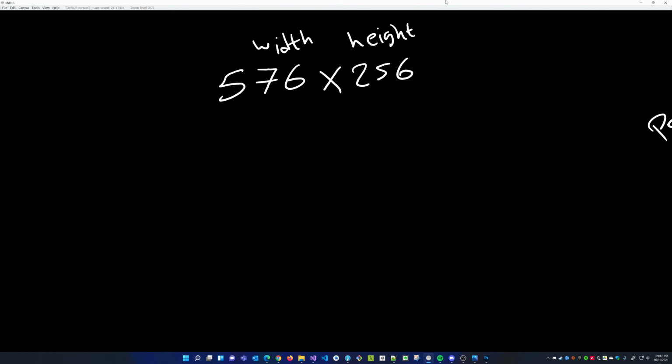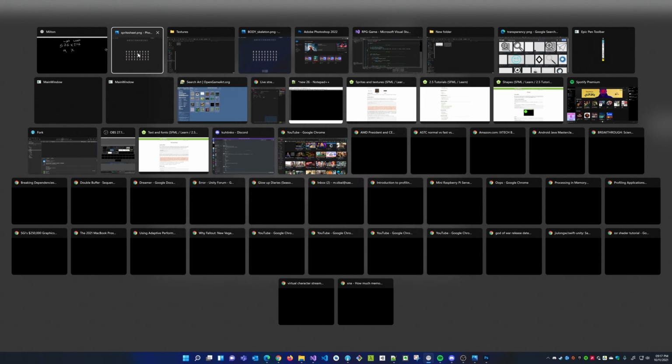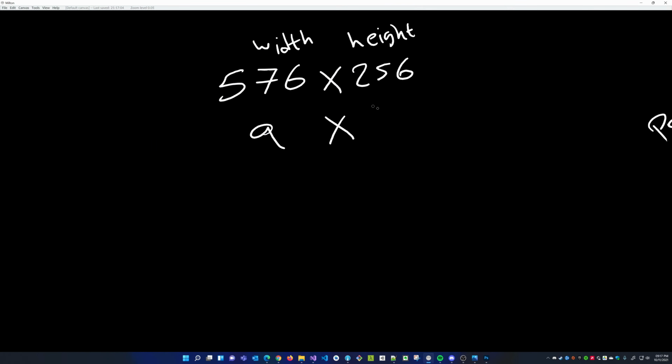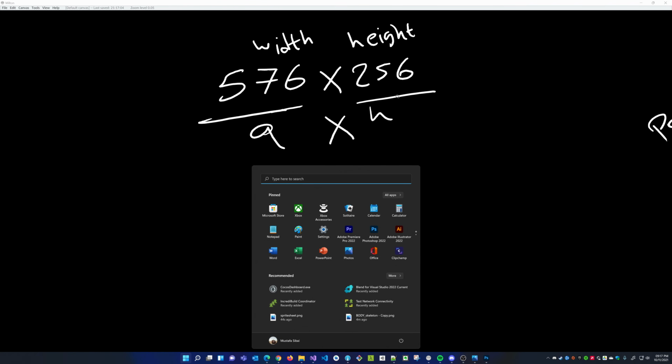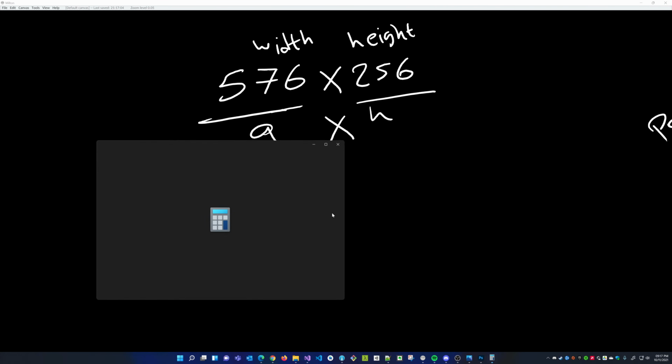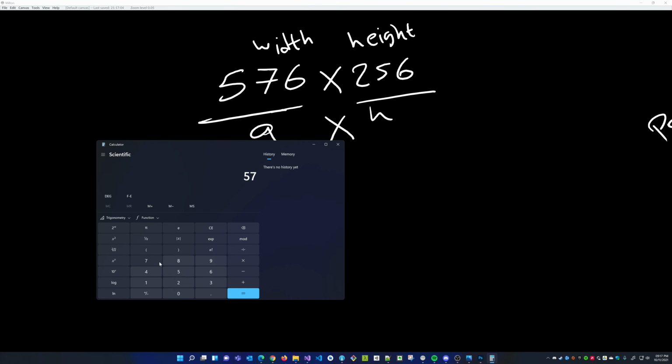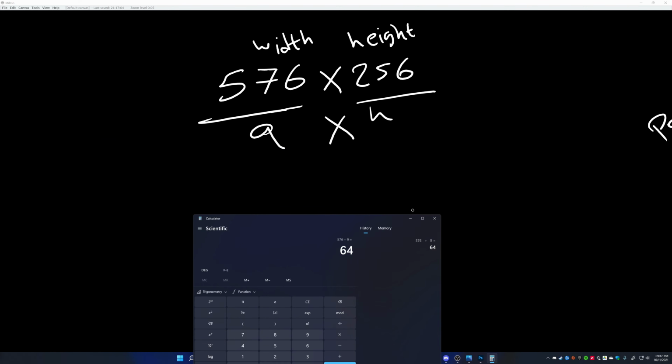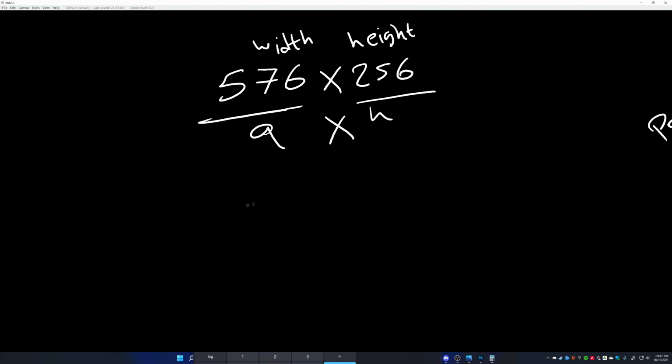There are 9 skeletons in a row. So 9 by 4, right? And a very simple math that we can do, divide this by 9, divide this by 4. So if I get my calculator and do 576 divided by 9, I get 64. So I was right. So this is a 64 by 64 image.